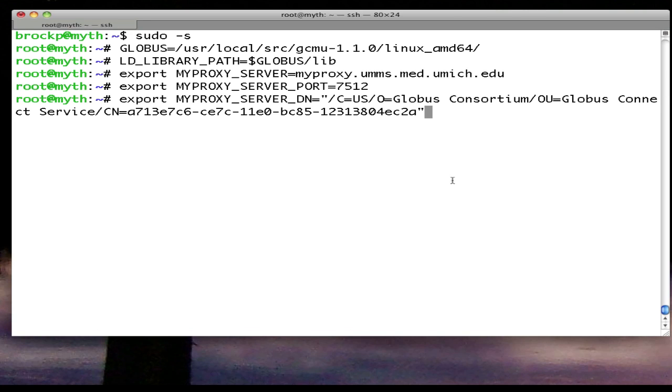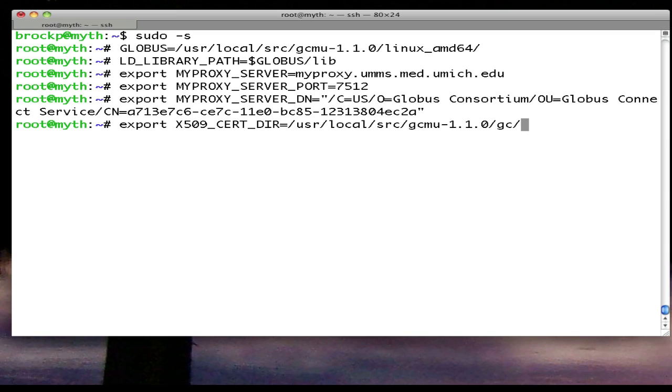This string is not fun to type out, so again, just ask us for it and we'll send it to you. You can just paste it in. And then we need to set the X509 certificate directory, which is going to be where you installed Globus, /GC/etc/CA. Then I need to run a command. It came with Globus. This is the only time I need to do this. You don't need to set this environment up long term. This is solely just so I can run this one command, which is